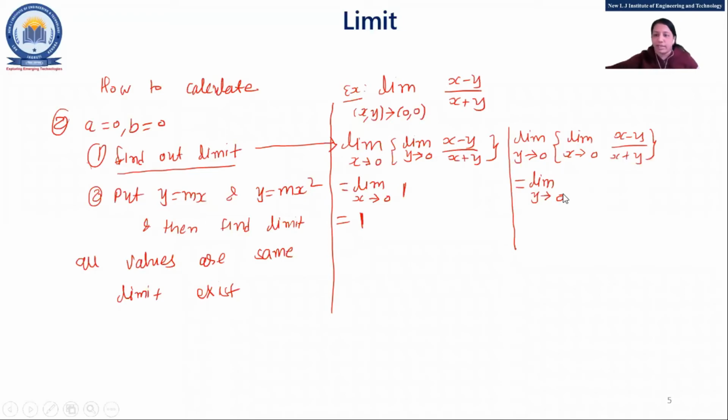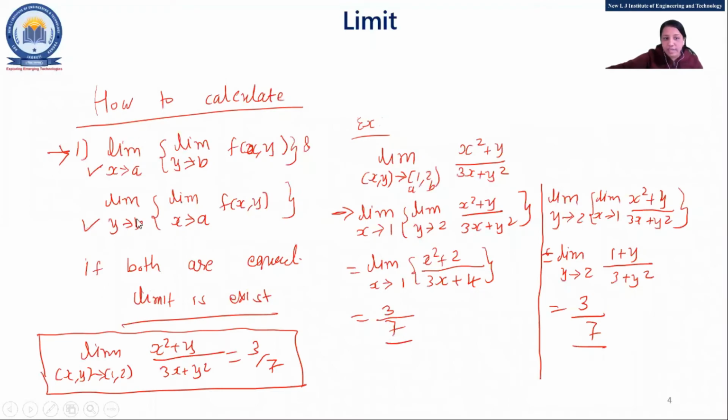If you put y equal to 0, just write down in the chat box. Okay, minus 1. Now here the final answer is minus 1. So what happened here? 1 and minus 1. So at first step, find out the limits, and if both are different, then what is the case in that?